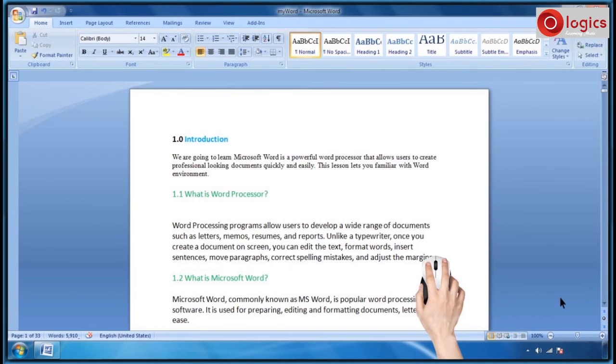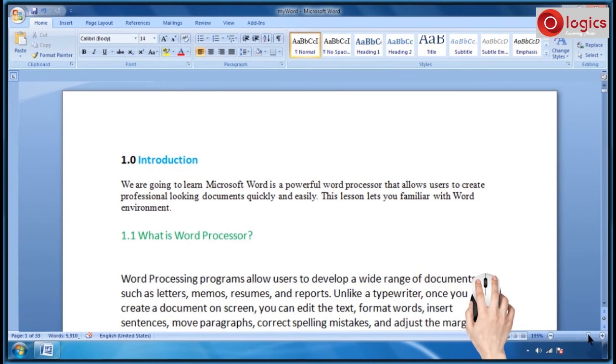This is your MS Word document and it is being displayed on normal zoom, that is 100%. When I move this slider to the right side, the magnification increases. When the slider moves to the left side, the magnification decreases. Here I am moving this slider to the right side to increase the magnification. See, the document letters are closer to you. Again, I am bringing the slider to 100% zooming, that is normal.